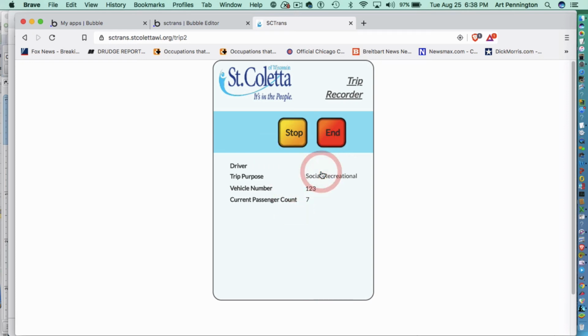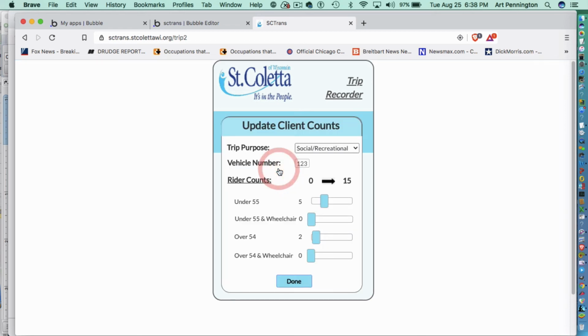So it would record the stop and the address where you stopped. So it's important that when you click a stop button, you're actually at the place you want it recorded, because it'll record wherever you are. All right. So if we stop and someone is going to get on or off, we click the green check mark,